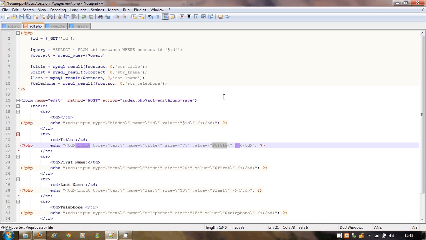The next line then says the same select statement we've seen before. Select everything from TBL contacts where contact ID equals. We've added a where statement. If we look at the last time we used this statement under main, we had to select everything from TBL contacts. That said get everything from it and go one row at a time, putting the data up. This one now says where contact ID is equal to $ID, and $ID is the unique identifier for one particular record. So this time this select query will go off and only collect the data where the ID is equal to whatever was passed to it. In this case,